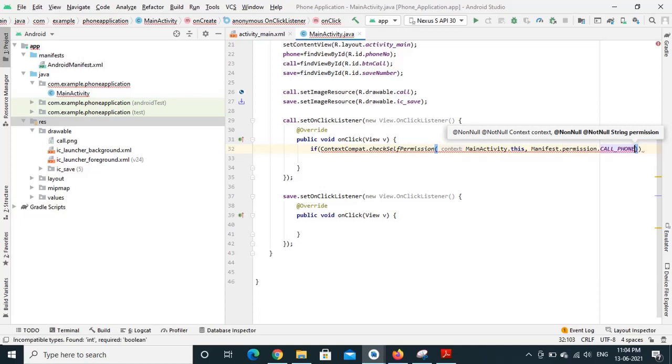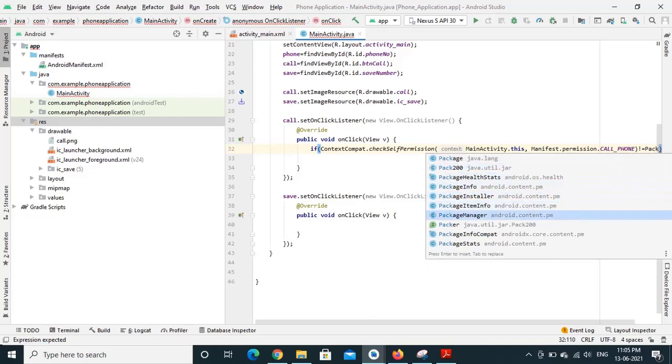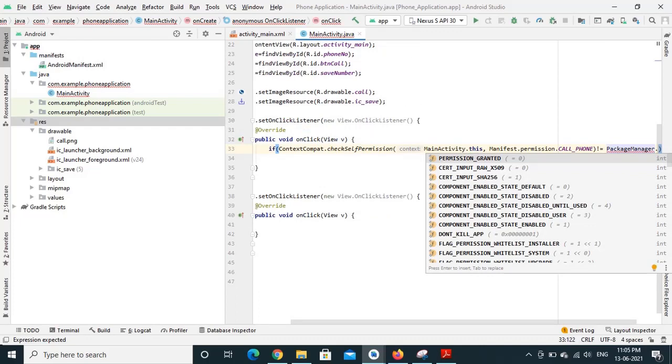If this is not granted, then we have to provide the request permission explicitly in this context. If this is not equal to permission granted, so we have a PERMISSION_GRANTED value under PackageManager. We use that PackageManager dot PERMISSION_GRANTED.